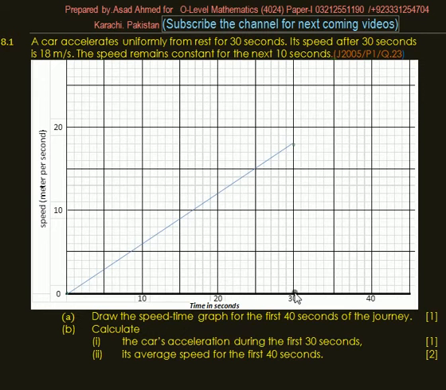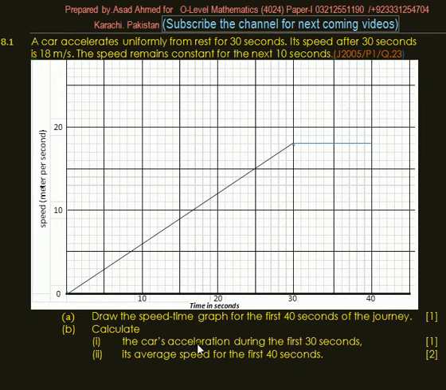till 30 seconds. And then for the next 10 seconds its speed remains constant. Not the 10 seconds, after the 30th second, from 30 to 40 seconds, the speed is constant. So its speed is 18 meters per second. This is the line. So we have drawn the graph, and now we are asked to calculate the